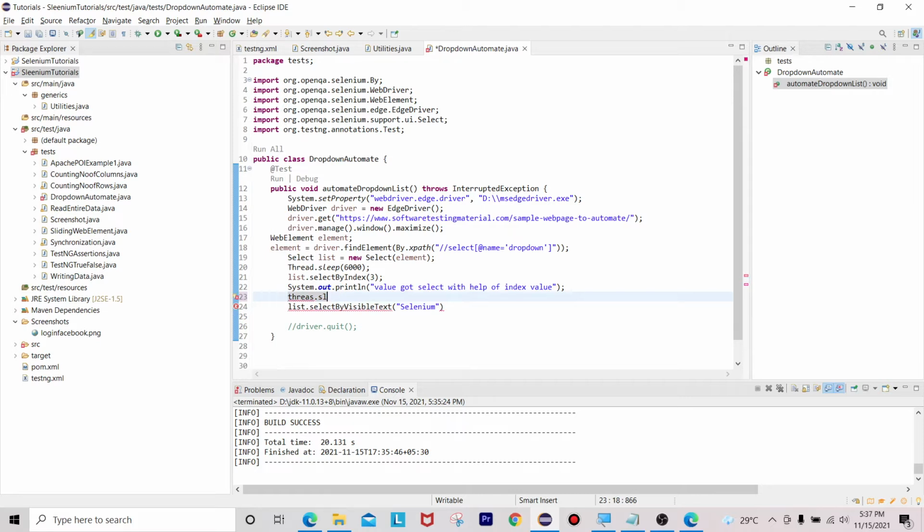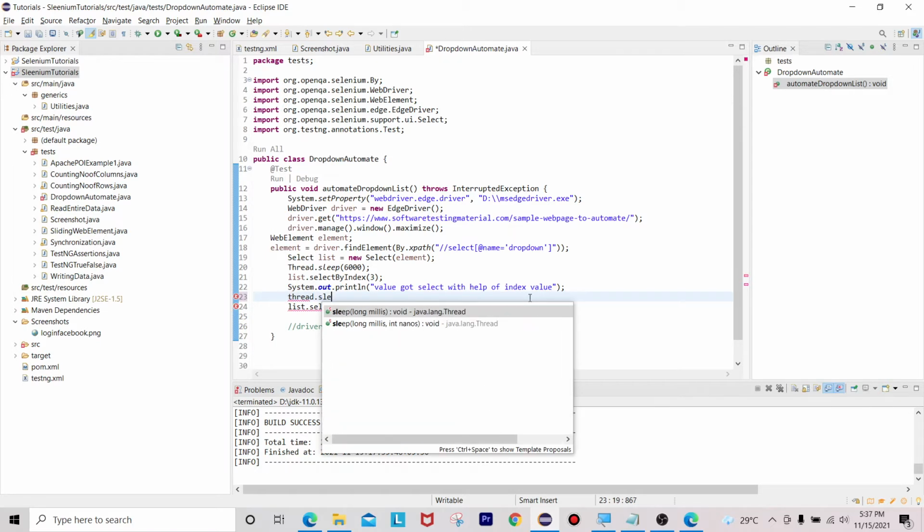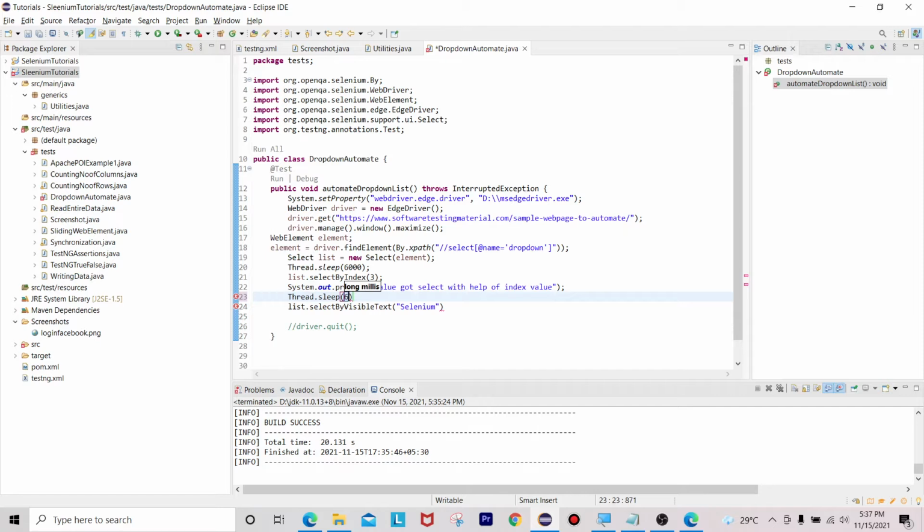Why I am using it is so that you get to know whether the code is working properly and you can see what it is selecting exactly from the drop down. The first time I am selecting the index value 3, and the next time I am selecting with the visible text, select by visible text, that contains Selenium text.